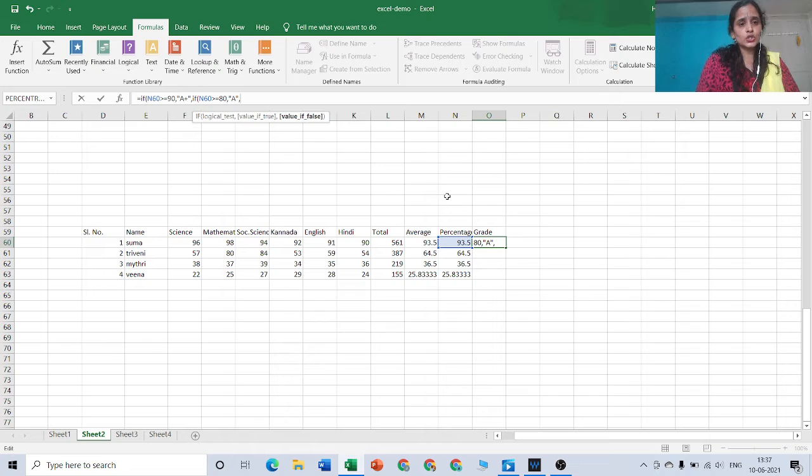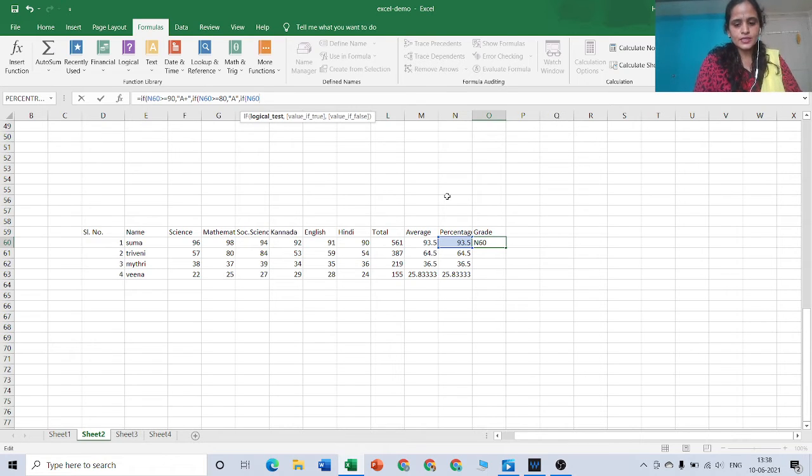Again, if her score is between 70 to 80, I wish to give her the grade B plus. So for that I have to again place the condition by typing the word IF. Open the bracket and type the cell address N60, the cell address of the percentage of Suma.